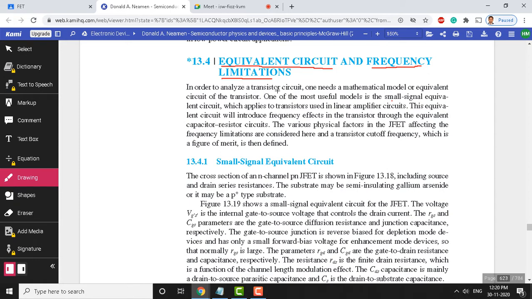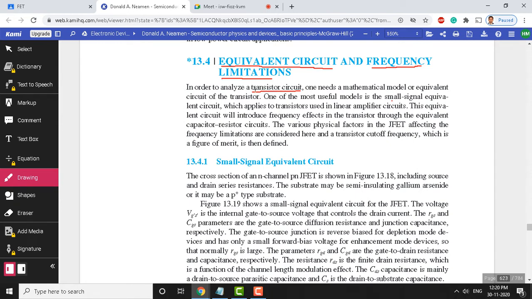In order to analyze a transistor circuit, so when you study circuits based on transistor, in this current course electronic device, you may not study too many electronic circuits or transistor based circuits, but in next semester we have a subject called analog circuits. That's fully we deal with different sort of circuits. There the device understanding plays an important role. So, to understand complete circuit, you need to know how BJT performs or JFET works. So, the principle of operation plays a very important role.